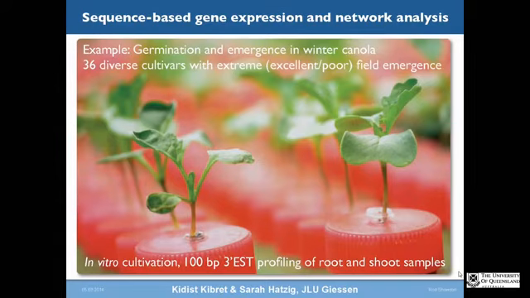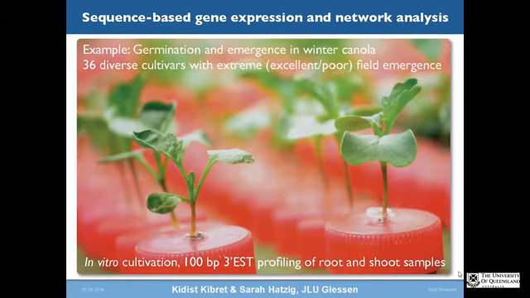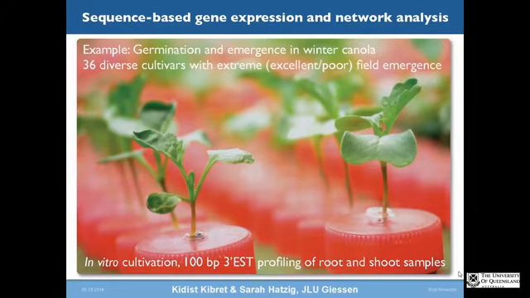And so we prefer to try and find other levels of information which may support our selection of candidate genes. And the thing which has worked very well for us so far is a transcriptomic network analysis. Here, using canola as an example, we have been doing an RNA-seq-based population genetics. So it's going into groups of individuals which segregate for the trait of interest and doing a kind of bulk segregant